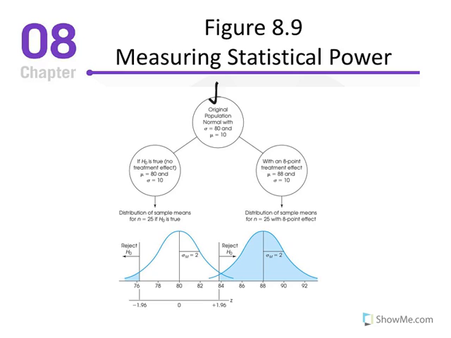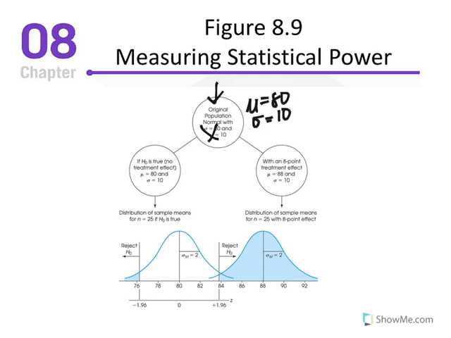So here in the center we have the original population with... this is a mistake I just noticed. This is an error in the slide. So this should say the mu is equal to 80 and the standard deviation is equal to 10. They just reversed those two. So we have an original population that has an average mean score of 80 and a standard deviation equal to